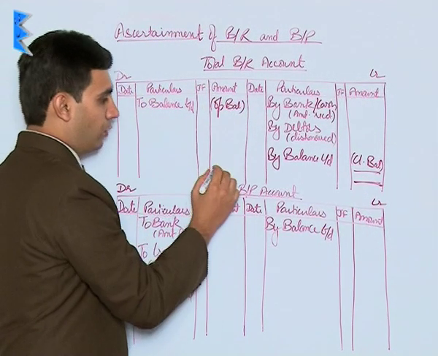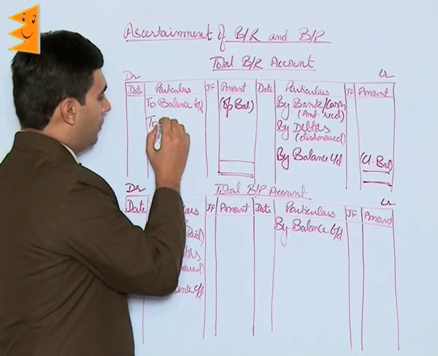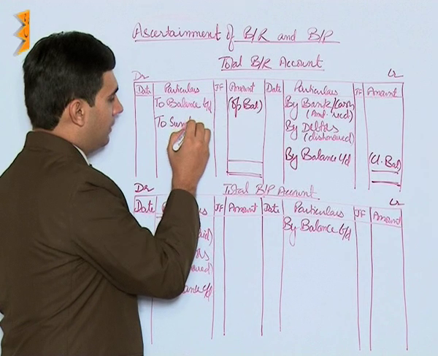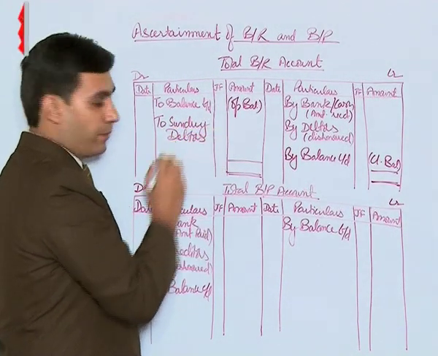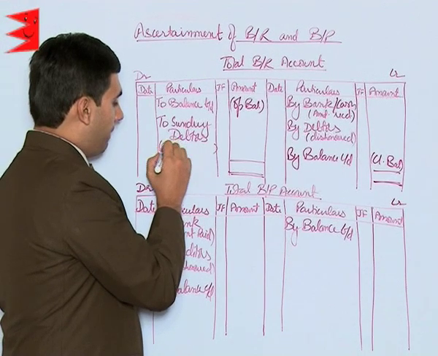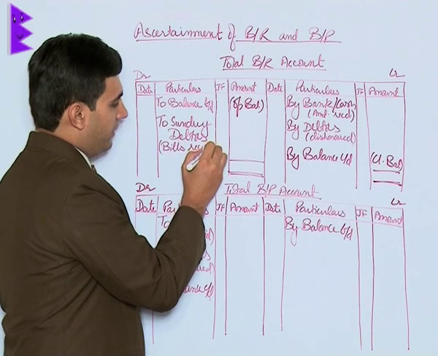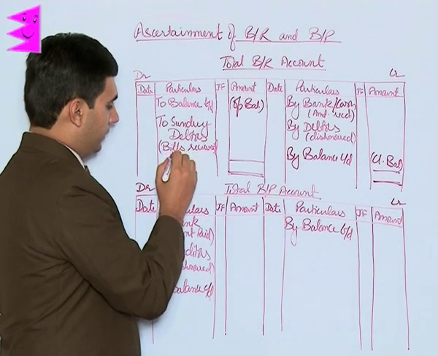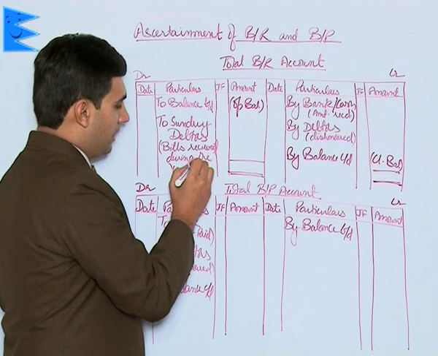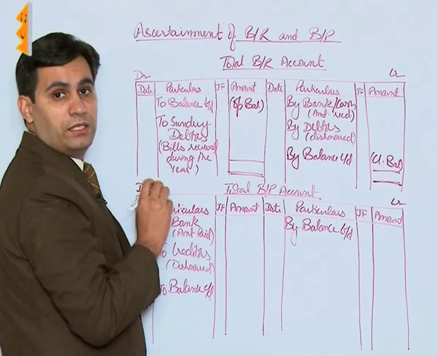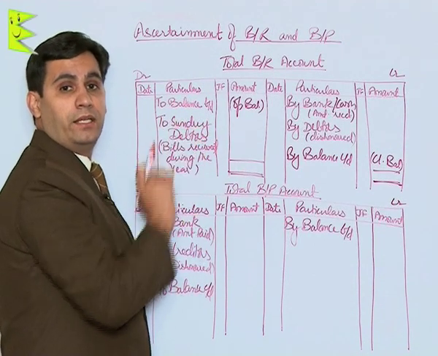side, subtract the total of the debit side to get to sundry debtors, and this amount represents bills receivable received during the year. So it's clearly mentioned here, bills received during the year, and this amount is sometimes used in sundry debtors account